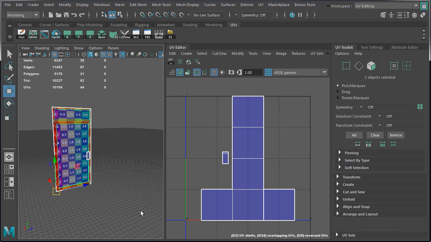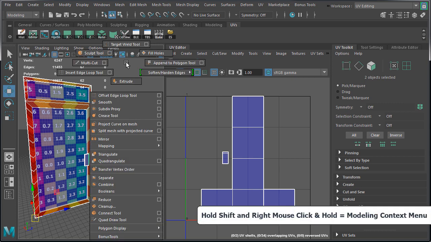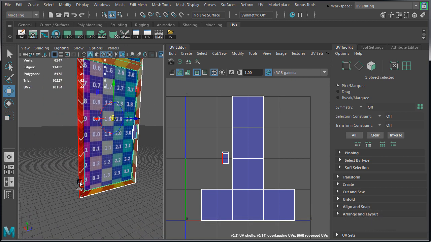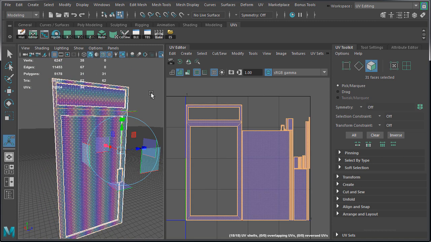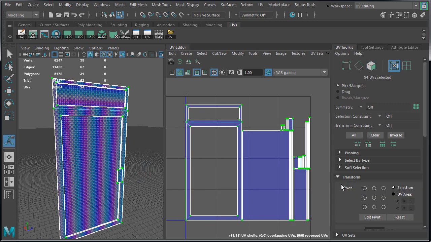And also combine the door and the handle as a single object. Select them both, hold Shift, right click hold and choose combine. Then we're going to quickly modify the pivot point to be at a bottom corner vertex. Now apply automatic unwrap. And before we arrange all the pieces, set texel density to the current value we have